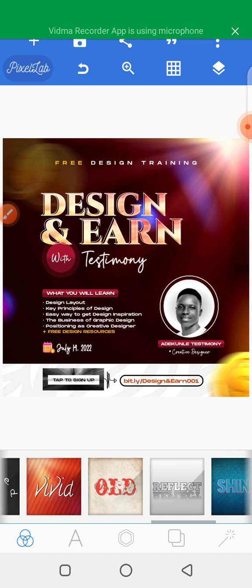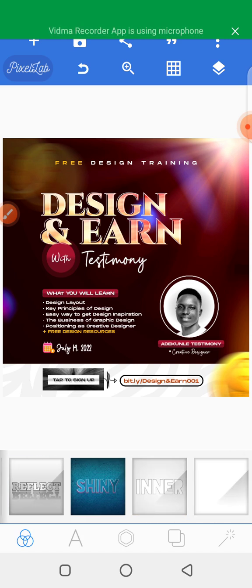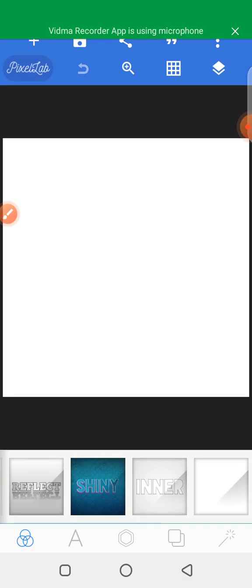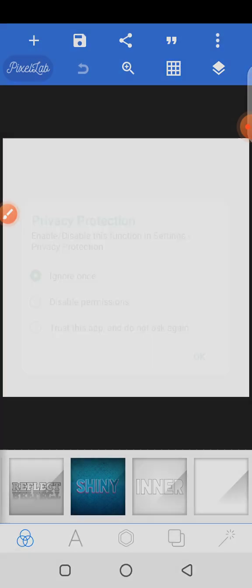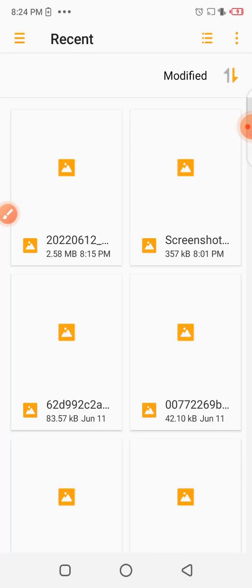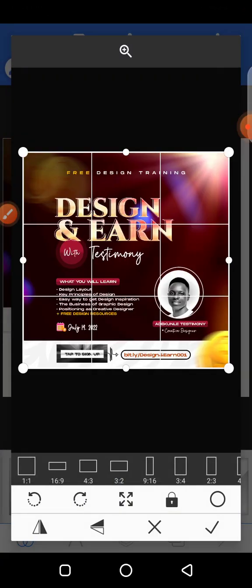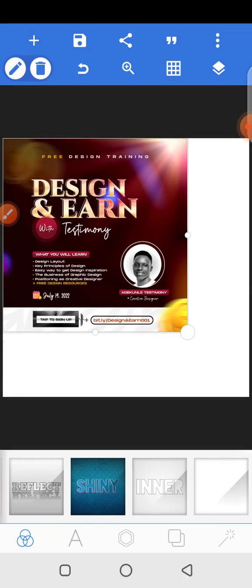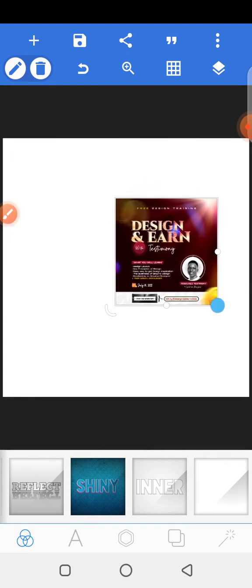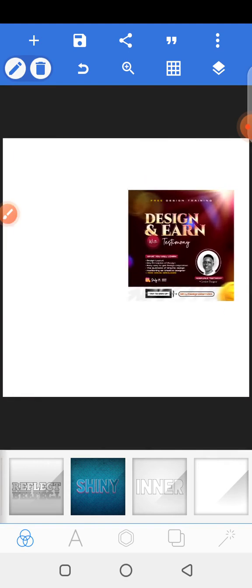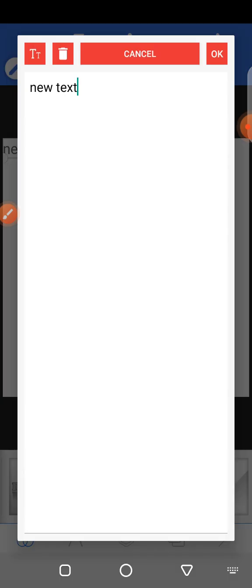Alright, so I would like to choose a default background from Pixel here. I already cleared this off. For easy access of the information, I'll bring the flyer in so that we can easily copy the information on it. So let's type our